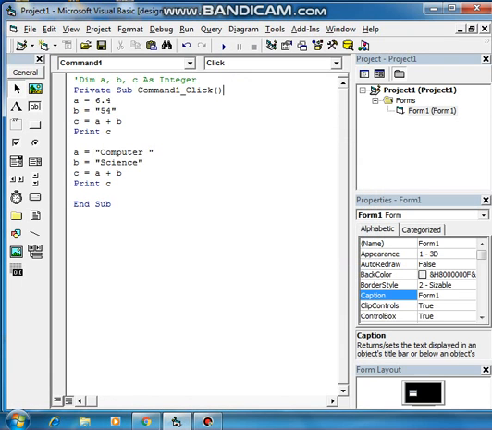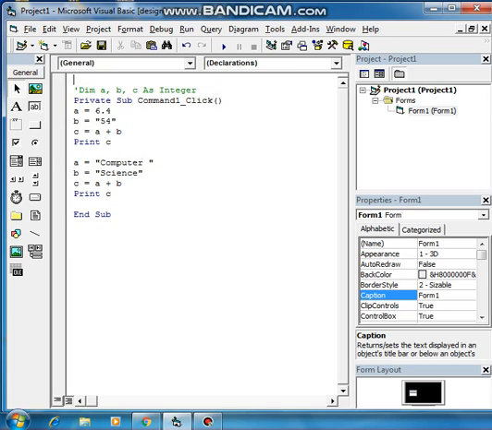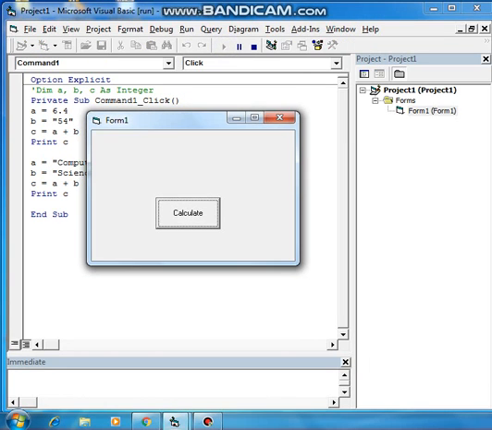Suppose you want to make them mandatory, that the variable always should be declared before they get initialized. I am repeating the line. If you wish to make them mandatory, that the variable always should be declared before they get used, they get initialized, what you need to do, on the top of the program, you have to write option explicit. Once you wrote option explicit, now please run the program and check.